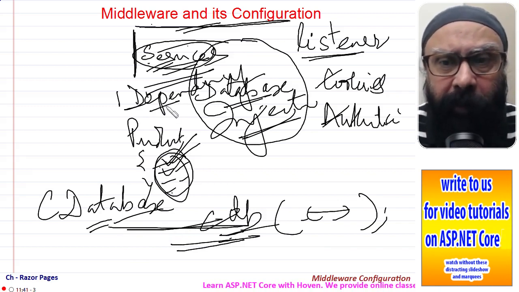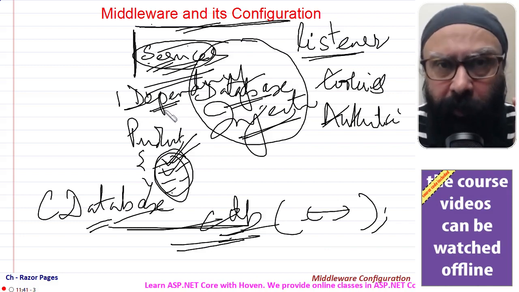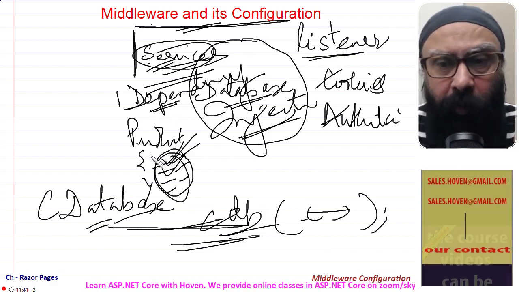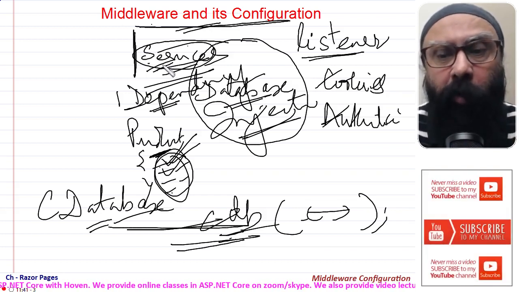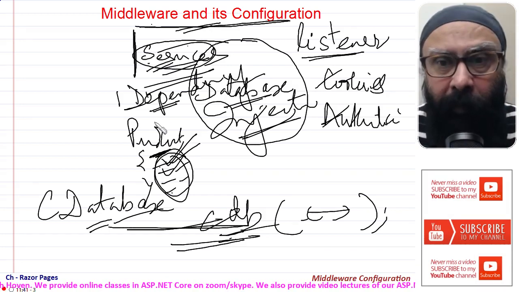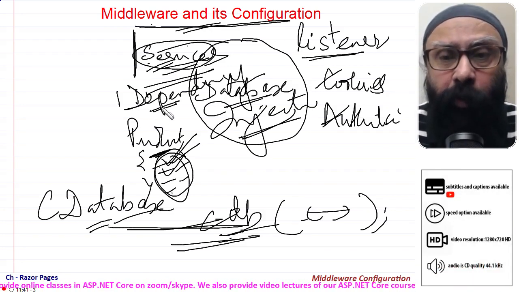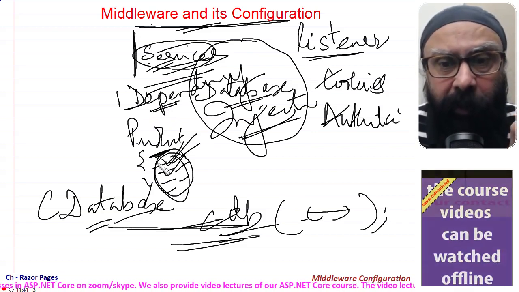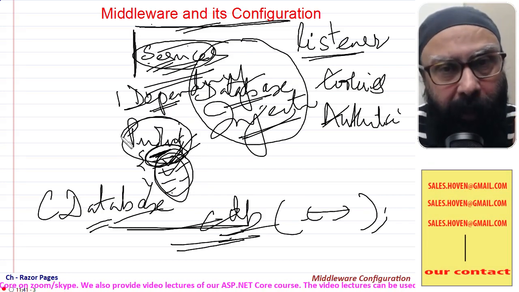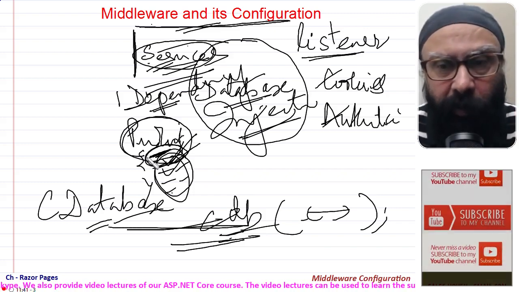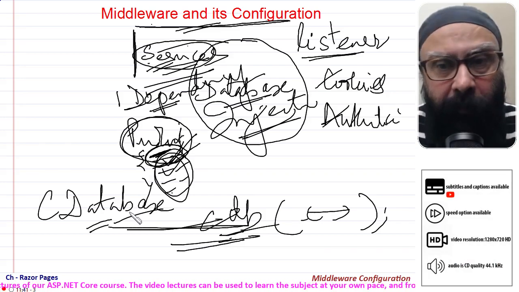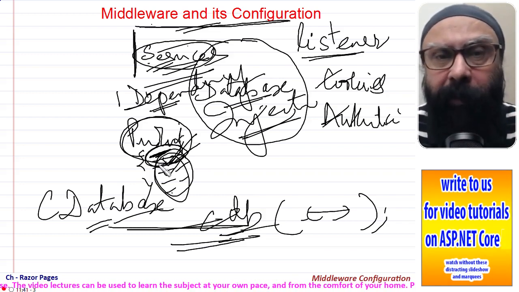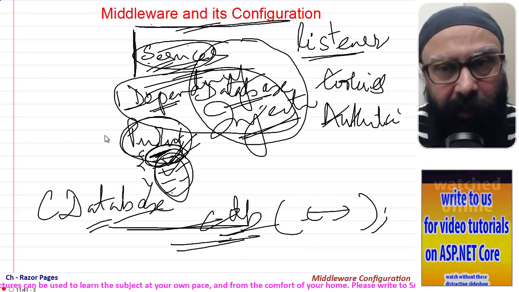Dependency injection is used by ASP.NET Core to provide you the service. Service means an object, say an object of CDatabase. ASP.NET Core uses dependency injection in the constructor of your product class or the index class that you saw in the previous tutorial. It will provide you an object of your database in the constructor of your class. This technique of providing a ready-made object is called dependency injection.